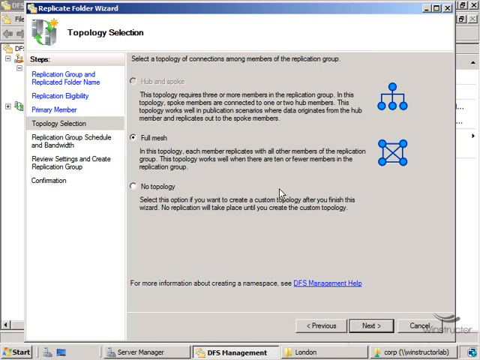Okay, here's where we'll need to select which topology we want to use with our replication group. The only option we have here is full mesh, and that's what we'll choose since it's the topology type whereby each server is going to replicate with each other. Do take note though that if we did have 3 or more replication partners, we could use the hub and spoke topology type, where we'd have a central hub member which we'd consider to be the master and then replicate out to the spoke partners. This would typically be a good choice when you've got a central share that you want to be replicated to a lot of remote sites. Anyway, since our only choice here is full mesh, we're going to leave the default at that